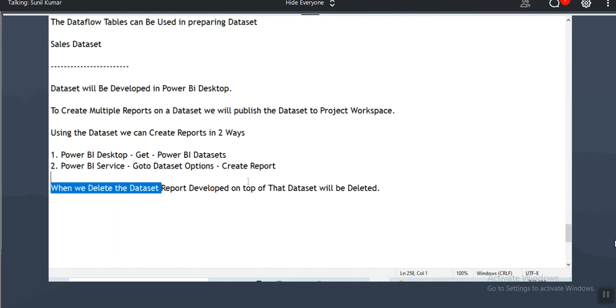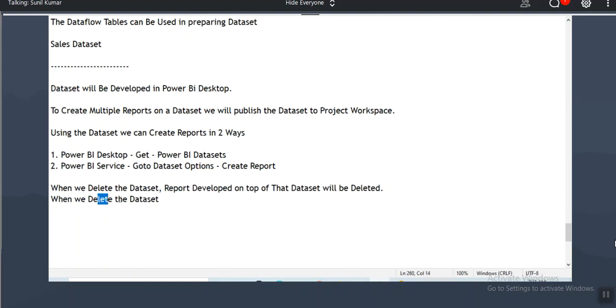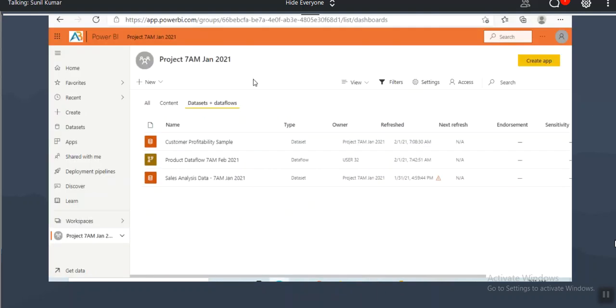When we delete the data set, reports developed on top of the data set will be deleted. When we delete the data set, visuals from the data set will be deleted in the dashboard. Visuals from that data set will be deleted in that dashboard.